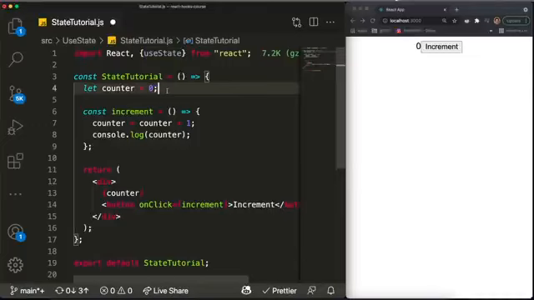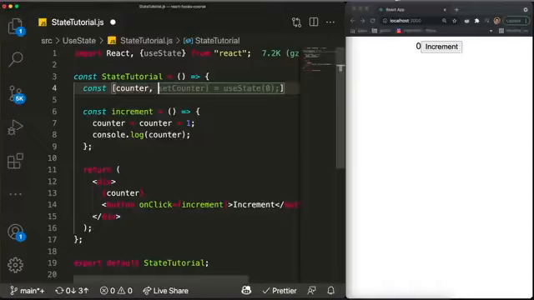So what we do now is we will replace this counter variable with a variable that is defined by a state and using the syntax for the useState hook. So as you can see, to define a state, all you do is you write const, then you open and close brackets like this, and then you put the name of the variable you want to create, like counter. And then this is one of the weird things, you put the name of a function which will change